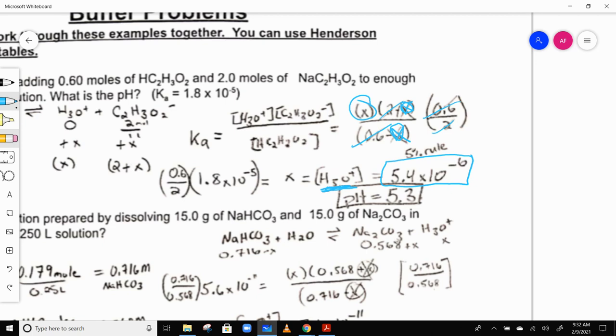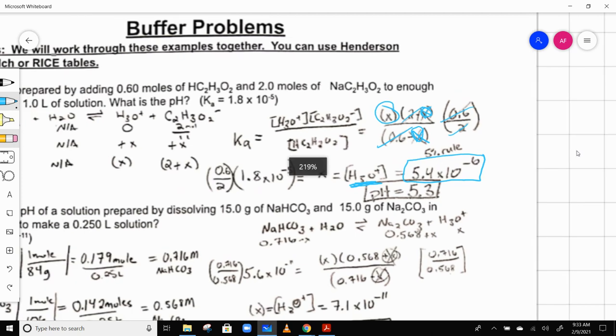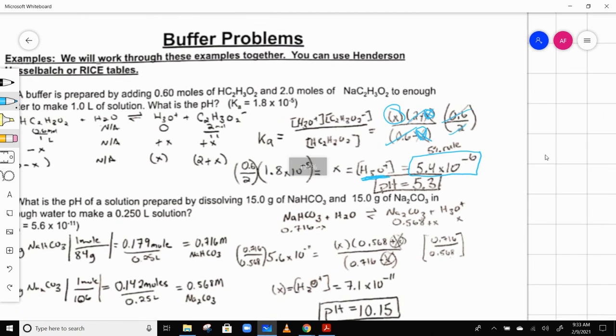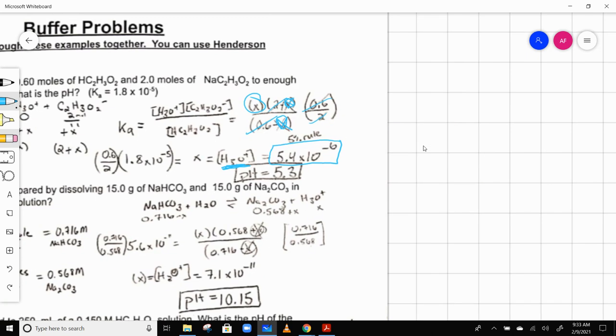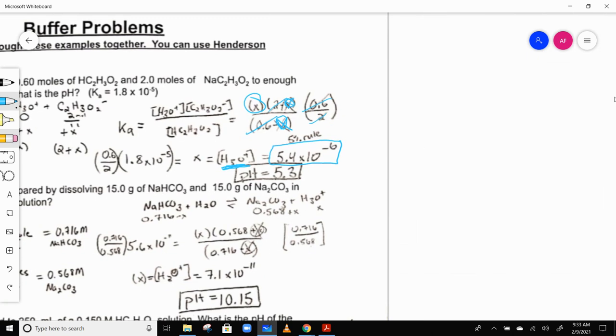Because when we do these problems, you don't have to do all that. Okay, you do not have to do all that. There are 2 equations we can use, and it's totally up to you which one you want to use. When we have a buffer solution, we have 2 equations we can use. The one that I gave you in the notes and the handout says that if we take the Ka